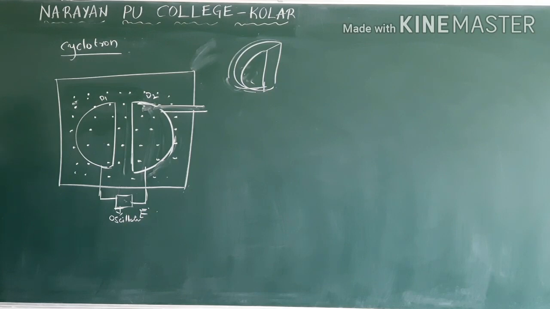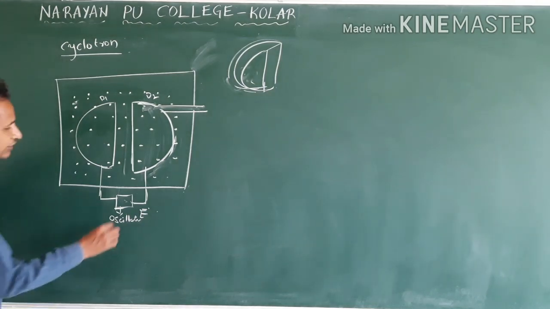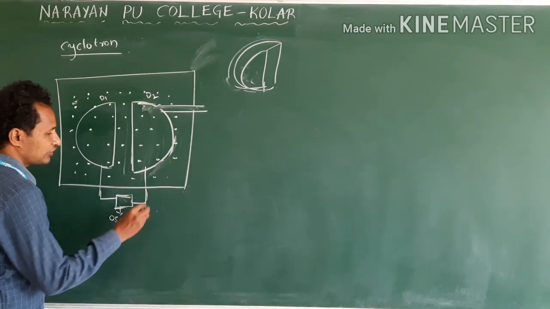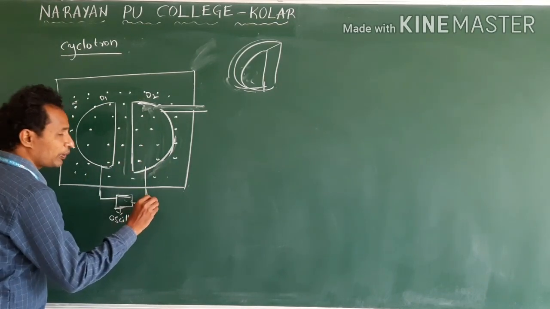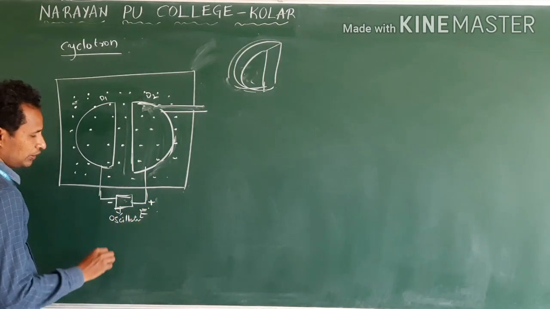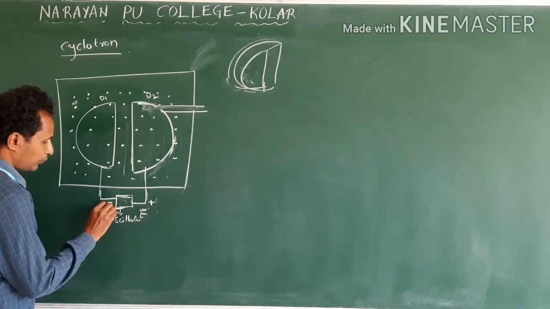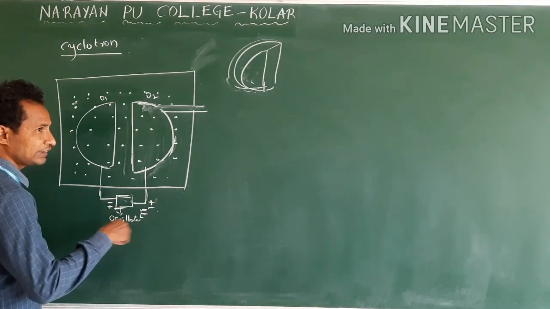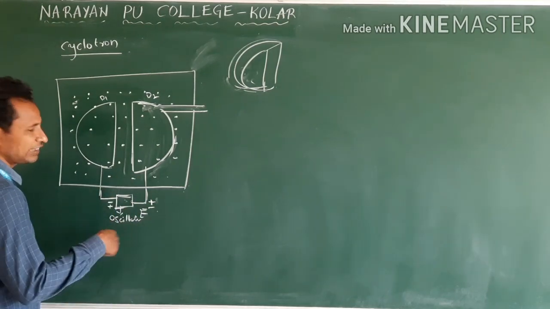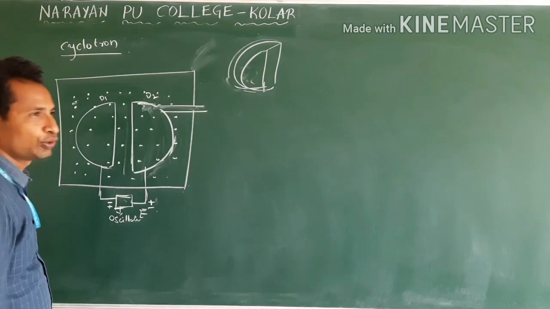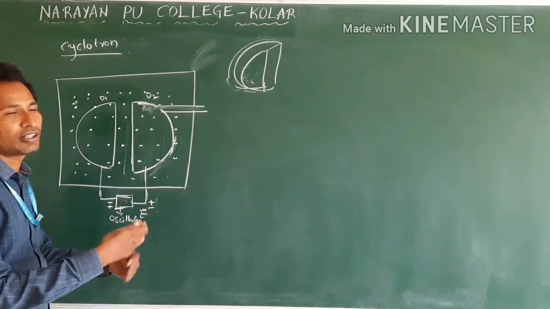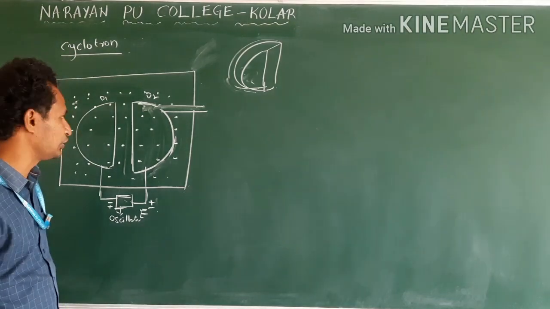Now, how do I accelerate this? This oscillator continuously varies the electric field like this. Suppose if this gives the positive potential, simultaneously it applies negative. Then it will become positive, next it will be negative. Like that it changes the field. Positive, negative changes, nothing but alternates. Alternating voltage you will see in coming lessons. Till then, just remember oscillator means something which alternates the voltage.